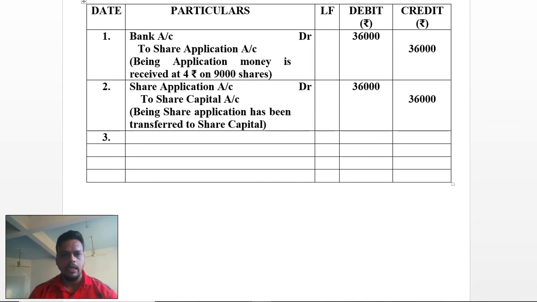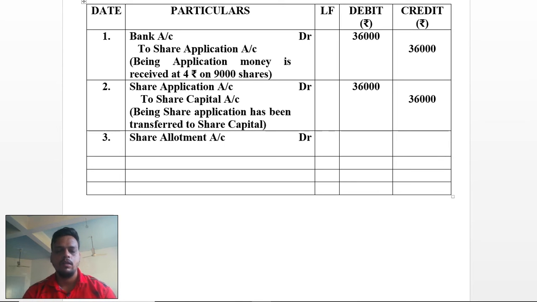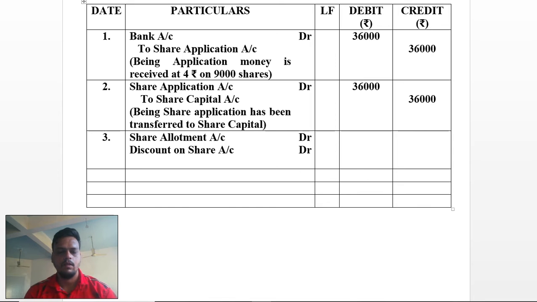As you can go with the transfer of an allotment, you have to write share allotment account debit, discount on shares account debit, to